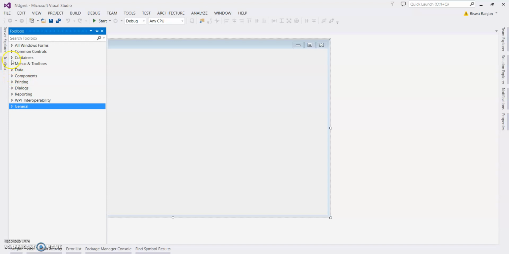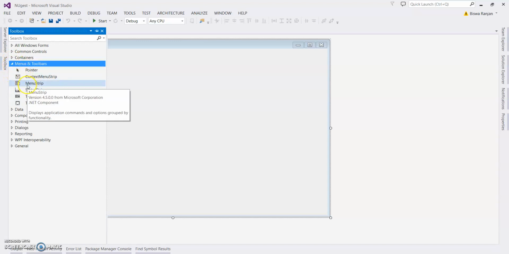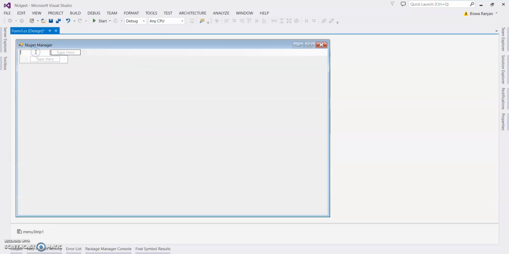the menu strip, our traditional menu strip. That's just like Notepad. I don't want to use this kind of menu strip. I want to use a stylish menu, just like MS Word or the new MS Excel. How can we use this kind of menu? I'm giving you an example of a ribbon control from the NuGet package manager. This will make your Windows Form application more attractive and more user friendly.